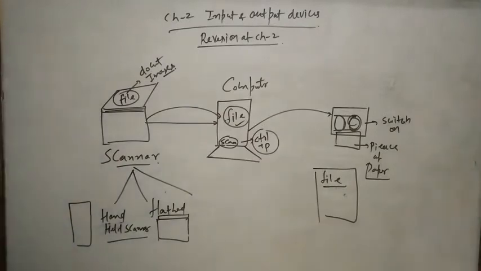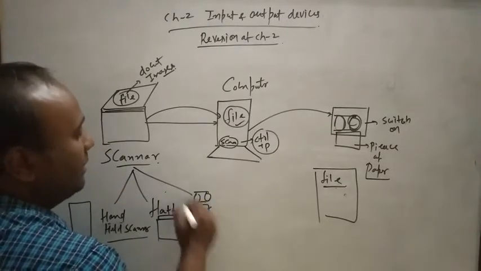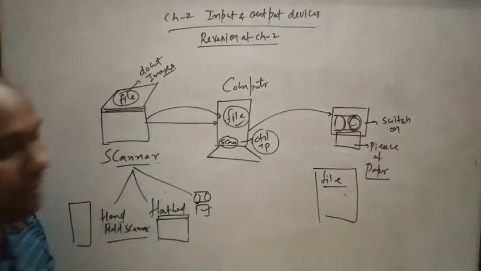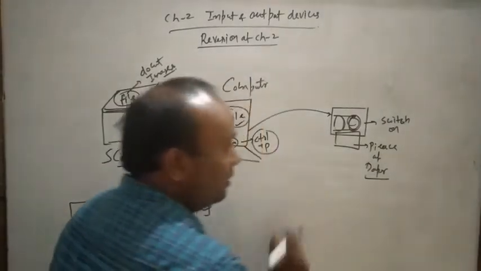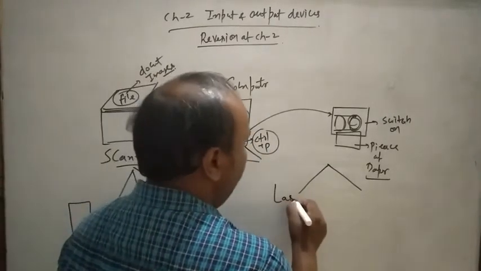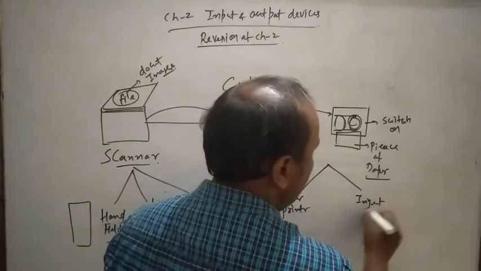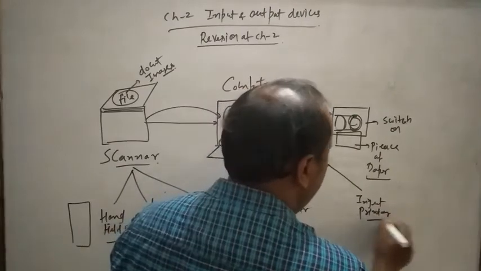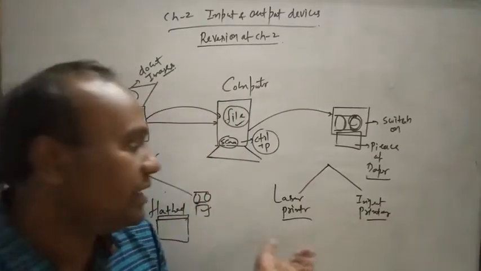Next, the next type of scanner is the drum scanner. Drum scanner means this type of drum is here, and when it moves it scans the particular pages and keeps the images. Now let's go to the printer. We are discussing different types of printers. Normally at home we use two types of printer. The first one is the laser printer, and the next one is the inkjet printer. I discuss only these two types because normally we use them at home, in cyber cafes and other places.